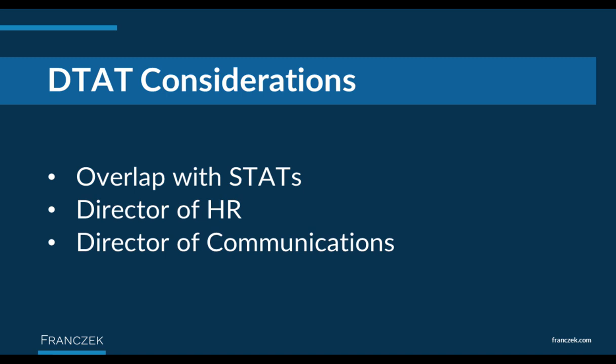Other considerations, especially for your district level team: thinking about that overlap with your school level team and having some of the people who are on school level teams also serve on your district level team to get better coordination and make sure everybody's working together, sharing information, using the same systems and protocols. Having the director of HR available, like Dana said, when you have an employee who may be posing a threat or the subject of a threat, would be important.